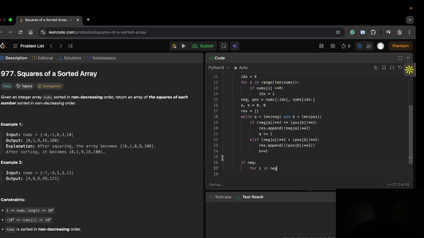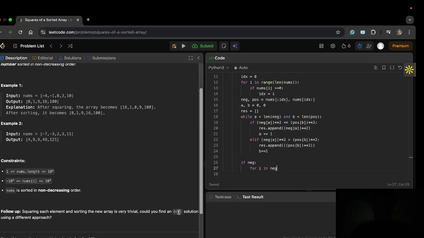This will be poorly written code, but it will be the O(n) solution. So we have to manage it. So for i in neg, just